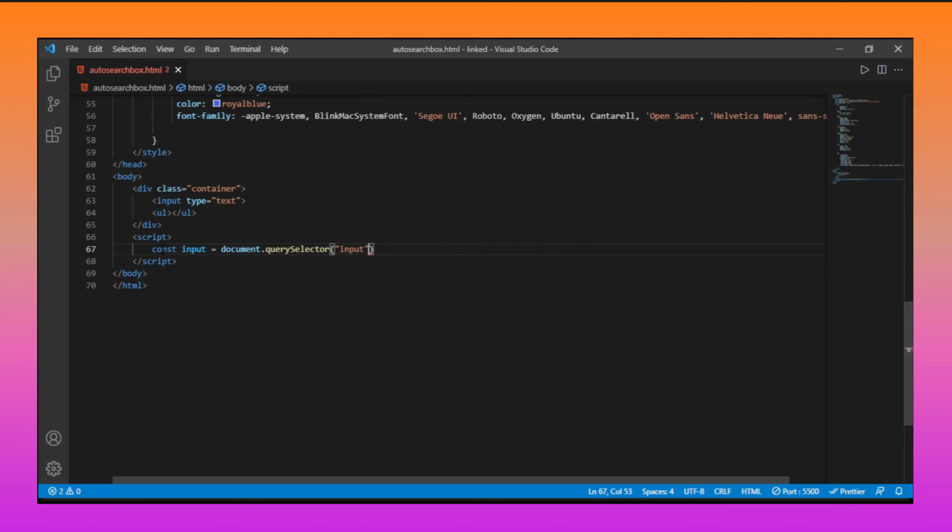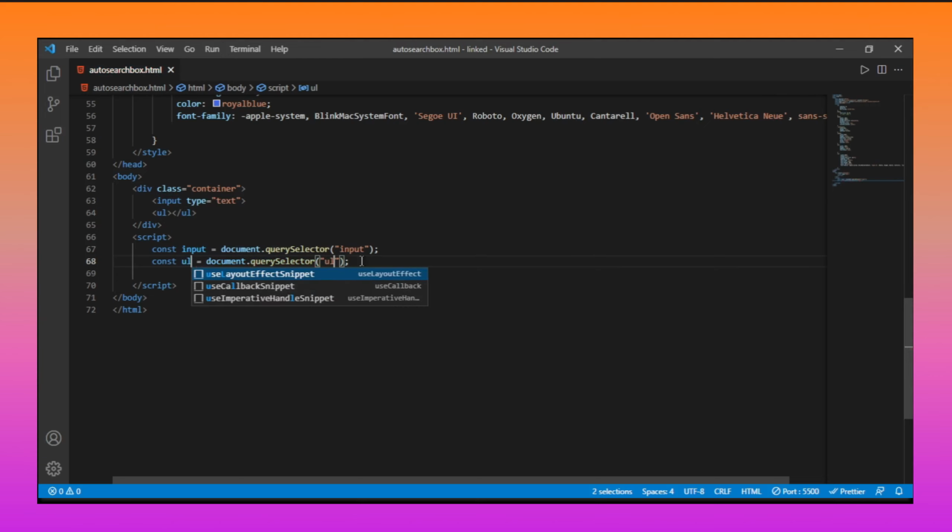Also I need the same variable for the unordered list, and instead of input we need the unordered list. So we have taken the reference, and here we are going to work in two parts. First we are going to filter the data, and second we are going to show it.